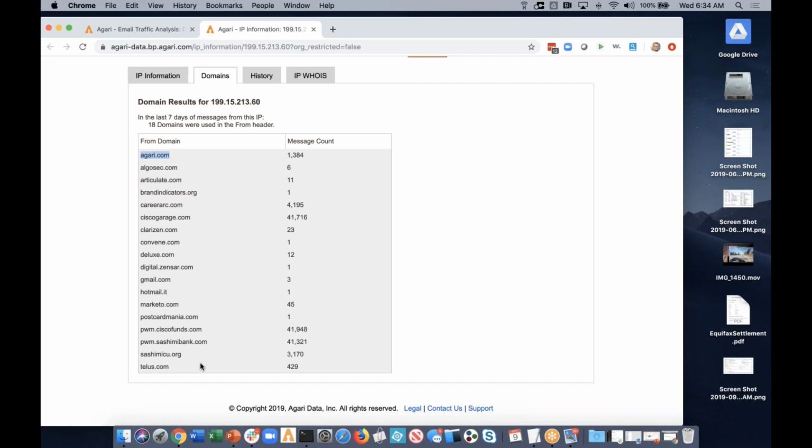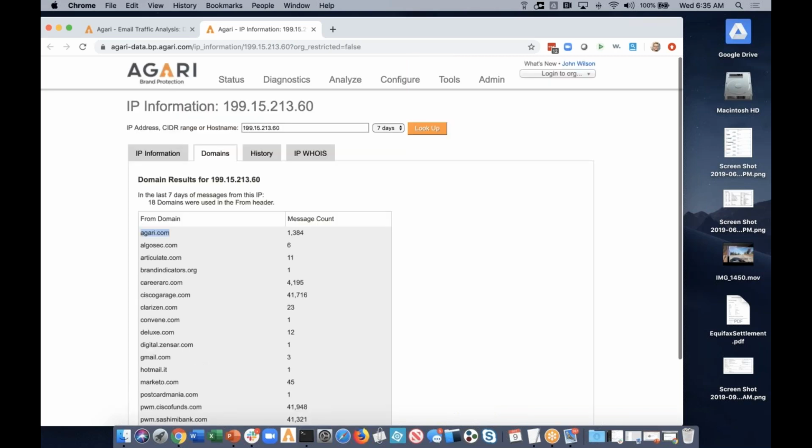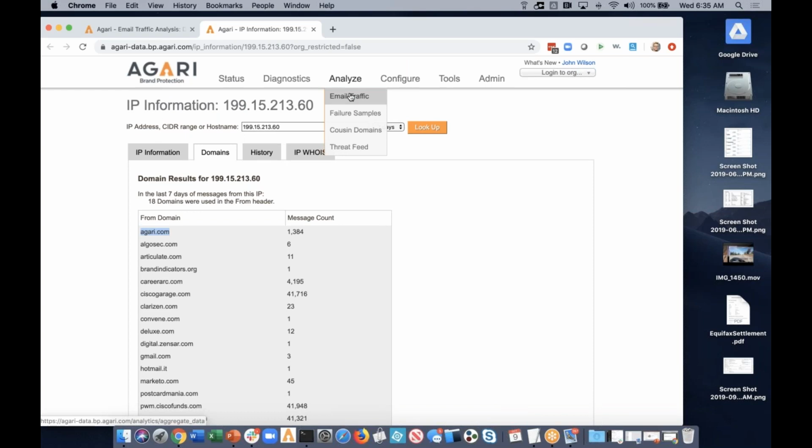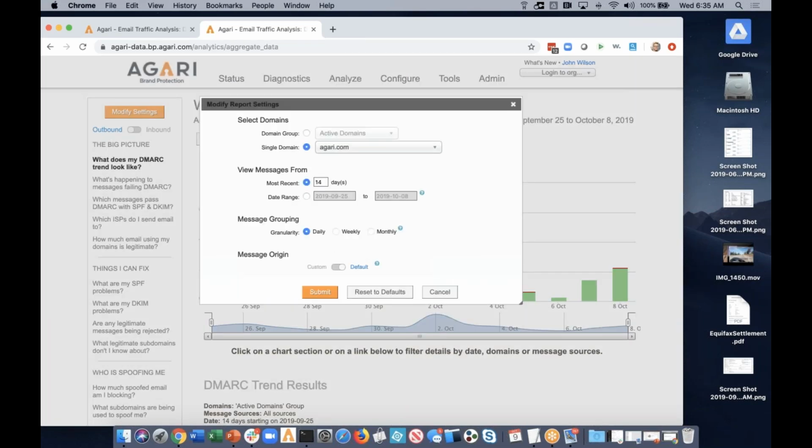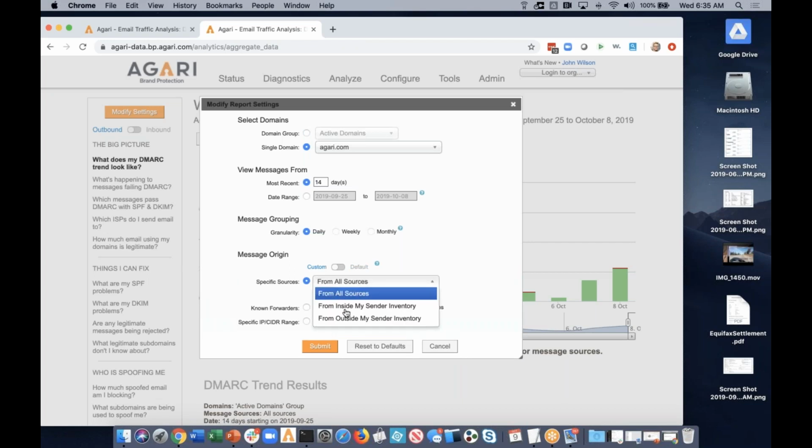You, in the meantime, will put an include for the Marketo IP addresses into your SPF record, or if you're using a vendor who can sort of do that automatically, you'll simply check the box that says, yes, we want to include Marketo, as you would do here with Agari. And now, once all those changes are made, Marketo will be properly authenticated. Now, that's not going to change the past, but what you should see after you do that is when you come in and you look at your trend, and you're looking specifically at the information coming out of Marketo,